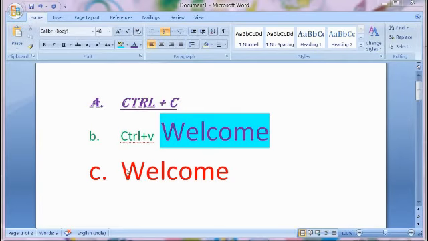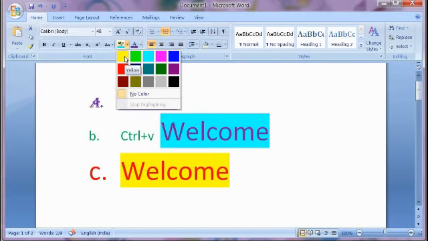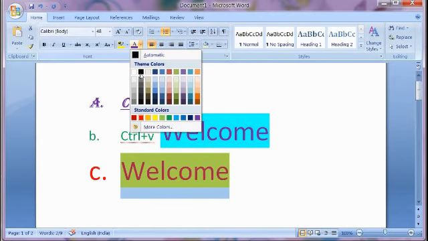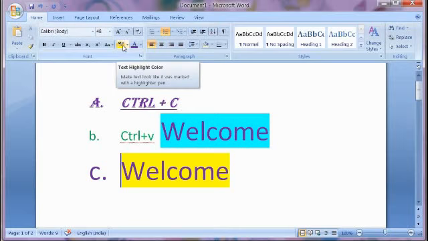See, I am explaining again. The second welcome, first we have to select it, then we can change the background color which is apt for the word. Again I select it, then I change the text color which is apt for the same. Okay, the background color of the text and the text color. See, in the font group, this is the text highlight color and this is the text color. Don't confuse, this is the text highlighting color and this is the text color.